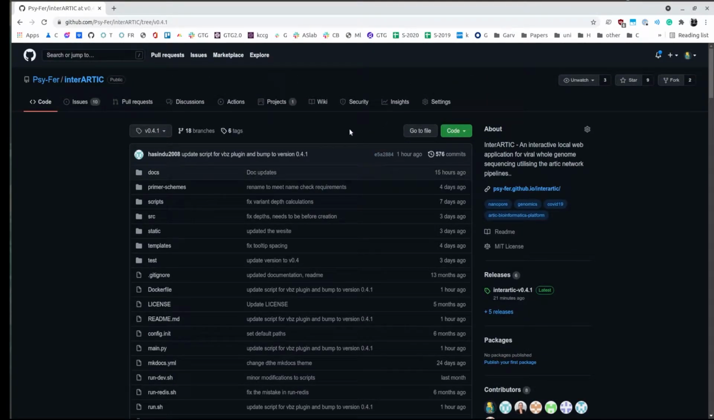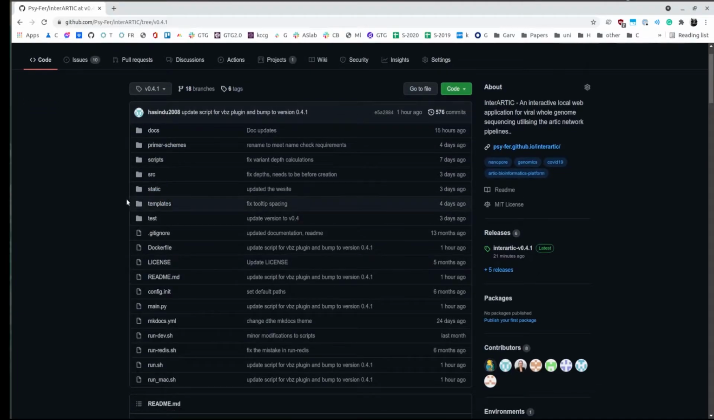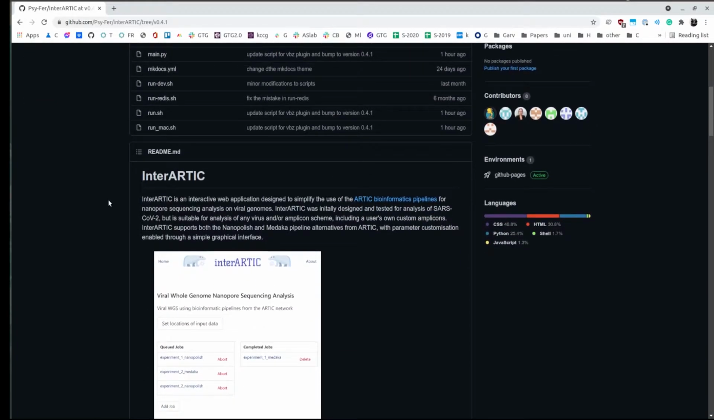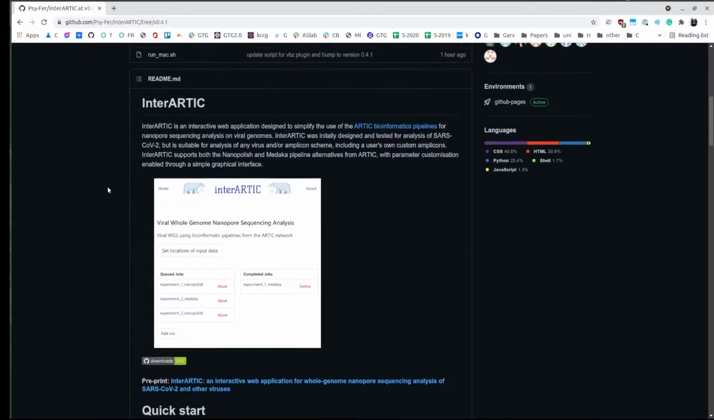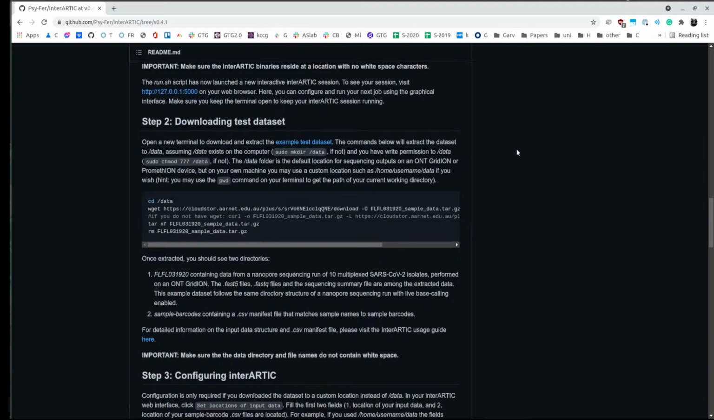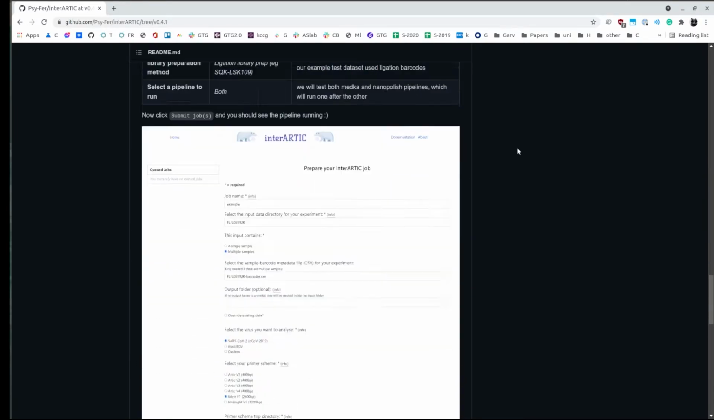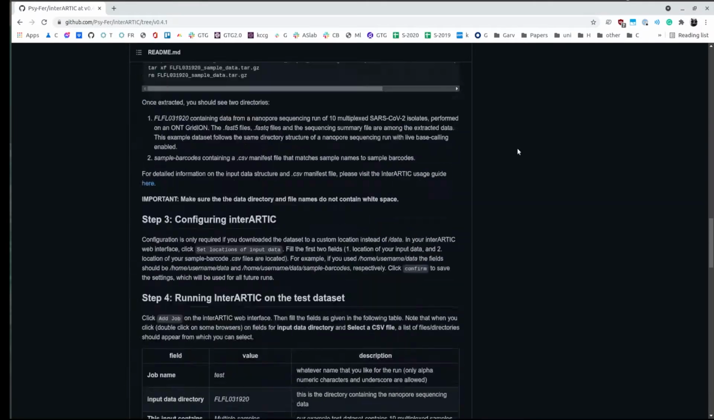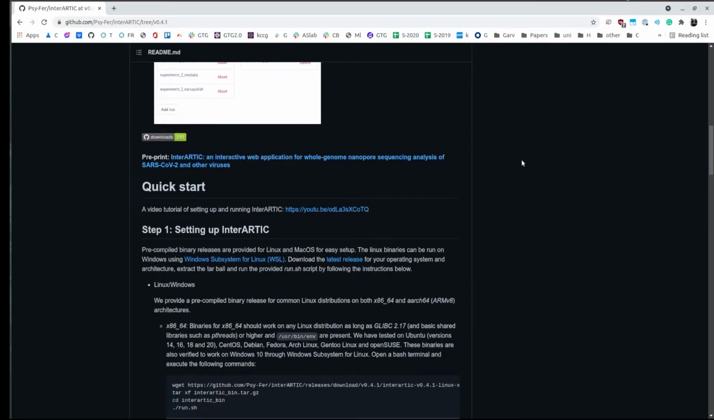So InterArtic is an interactive local web application for viral whole genome sequencing utilizing the ARTIC network pipelines. Here we have the GitHub page where we have all the code. It also has extensive documentation in the README with descriptions of how it works and how to run example data. Today I'm going to be showing you how to set up InterArtic and then how to run our example